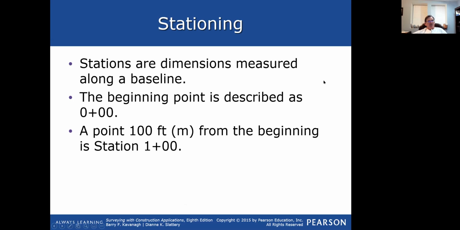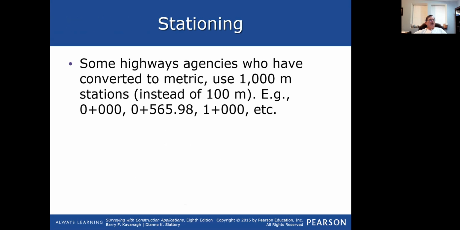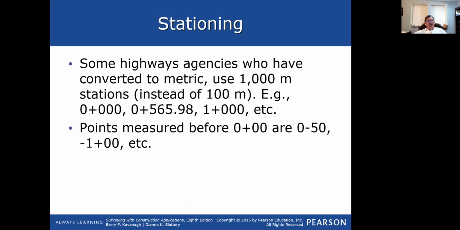Mitchell Road. Well, at some point, those roads all have beginnings. A 0+00 is where they begin. And then at that point, you start measuring, and a station is 100 feet. Not meters, we're not worrying about that, but every 100 feet is 1+00, or in this case, 5+65.98. So there used to be a situation in math where these stations were a bigger factor. They're not anymore,